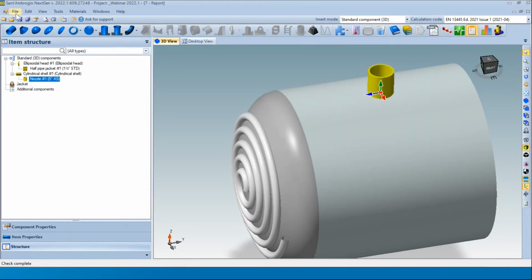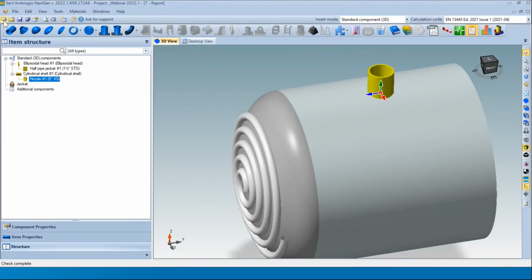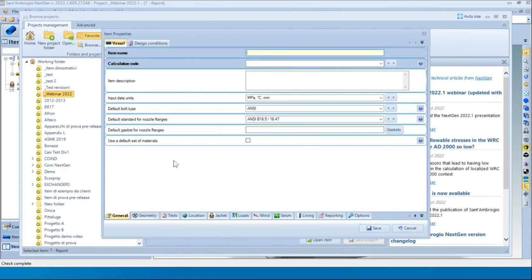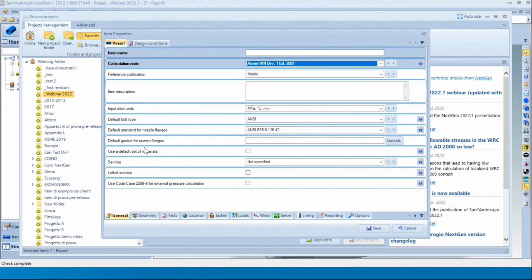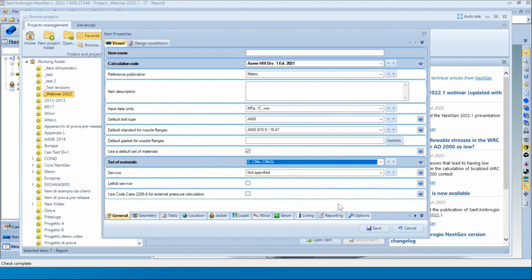And then when you create a new item, both vessel or heat exchanger, let's say division 1, you have the ability to select to use a default set of materials. You enable the option from here, and you find here all the sets that you saw defined in the previous window. When you select one of these sets and you start creating,